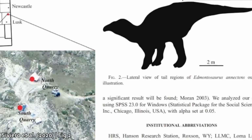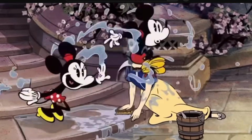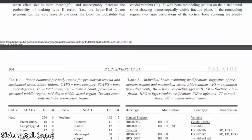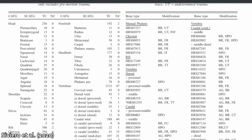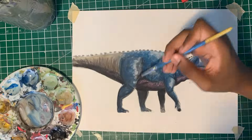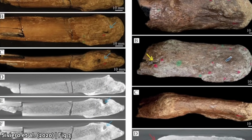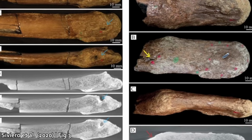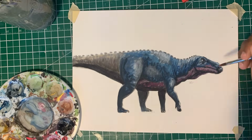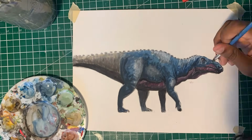Siviero et al. in 2020 looked at an Edmontosaurus bone bed in the Lance Formation, which is basically a hop and a skip from Hell Creek, and found some patterns and pathologies that might give insight into how an Edmontosaurus may have defended itself, as well as other behavioral clues. They found that the most common injuries on the hadrosaurs were fractures and hypertrophic ossification of the vertebral spines of the caudals. 96% of the specimens had these types of injuries, which suggest some sort of stress associated with pretty